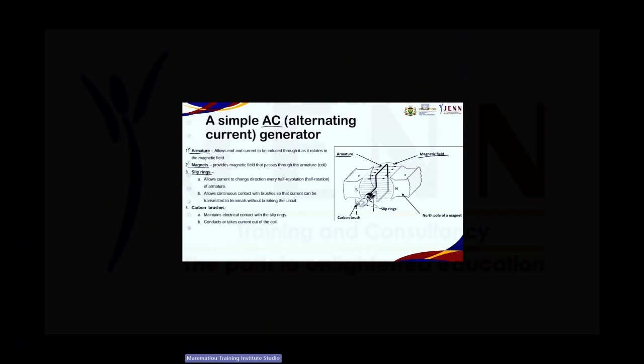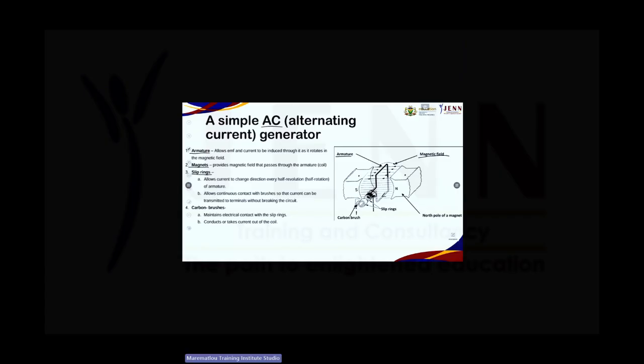Can you see here at this point, that is where it comes in contact with your brushes. And because it is in contact with your brushes, we can create electricity to flow through your